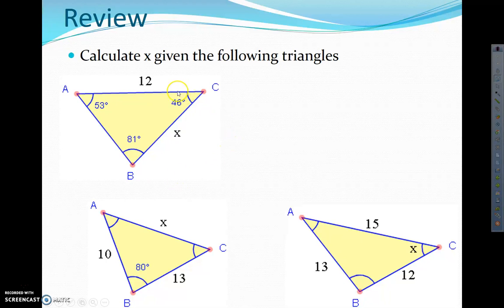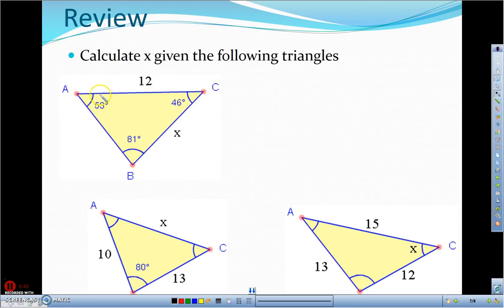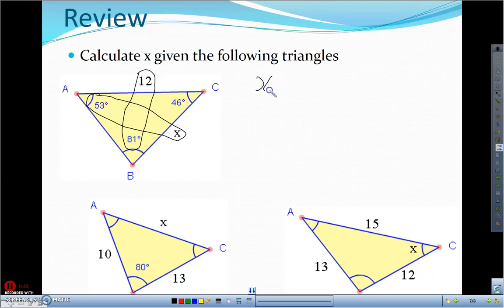Quick review. How would you calculate the value of x given the following triangles? Right now, if I were to look at this, here's what I know. I know that I could use sine law to solve this, but I can circle this pair, and I can circle this pair, and I could use x over sine of the angle 53 degrees is equal to 12 over sine 81 degrees,